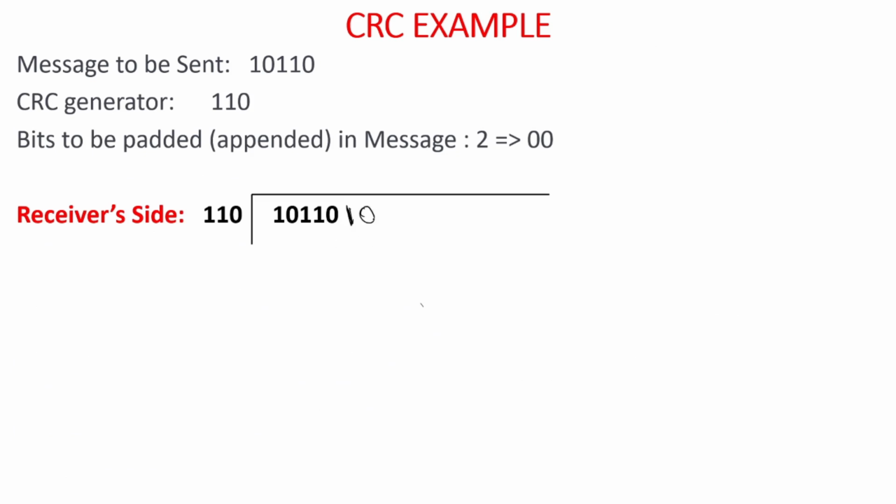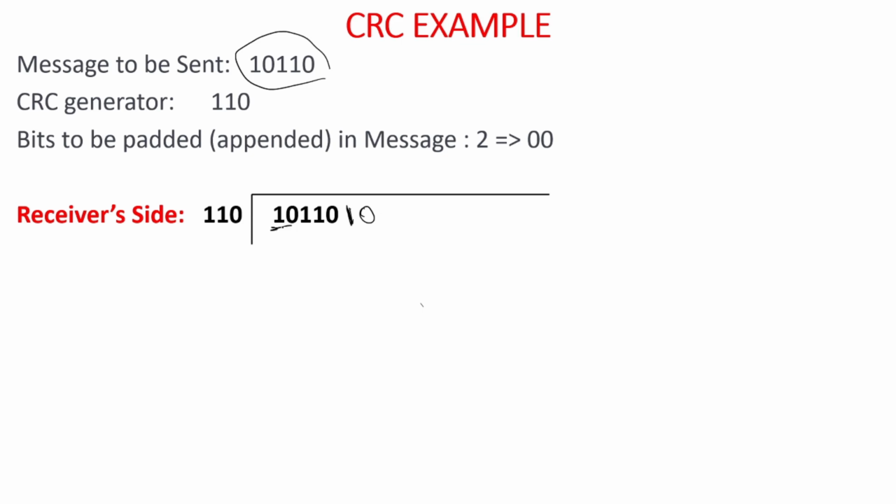Now the sender has sent this data. We know 1 0 1 1 0, and 2 bits are added after binary division, that is 1 0. After binary division we got 1 0 as the CRC bits, which we added and sent with the data. Now on the receiver side, the receiver's computer will check whether there is an error in the data sent by the sender or whether the data has no error. So how is the receiver going to check? The same way, binary division and the XOR operation.